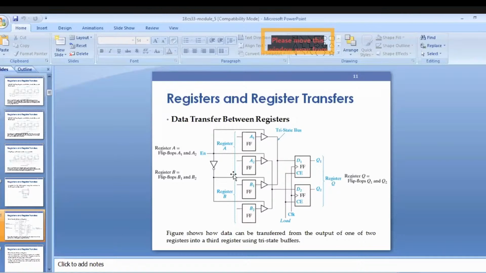These two you can consider as register A and also register B. In this register A and B,